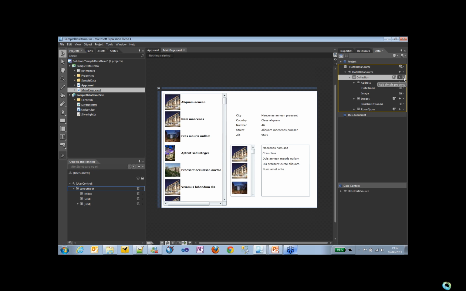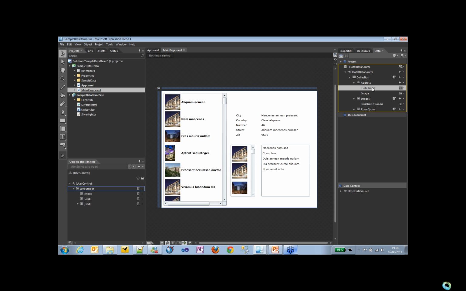So what I can do here is add to this collection, to each item of the collection, in fact, 3 different properties. A simple property, which is a single property: a name, an ID, first name, last name. A complex property, which is composed of several simple properties, and another collection property, which is a nested collection inside of the main collection. Okay, so I have here my collection, and inside of my list of hotels, I have